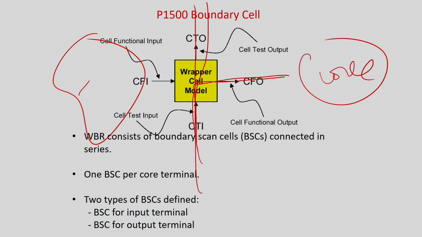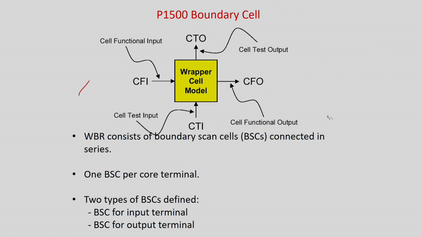And again, if you want to go to the next boundary scan register, or they call it the wrapper boundary register, the scan will be passed over here. Same thing like a scan chain, only thing is that it is applied to the core boundaries rather than at the internal points of the chip.